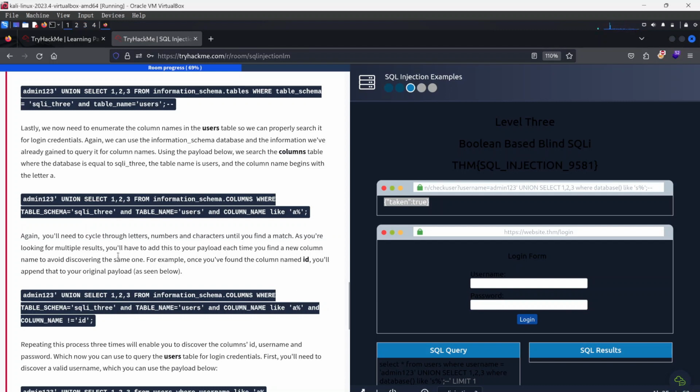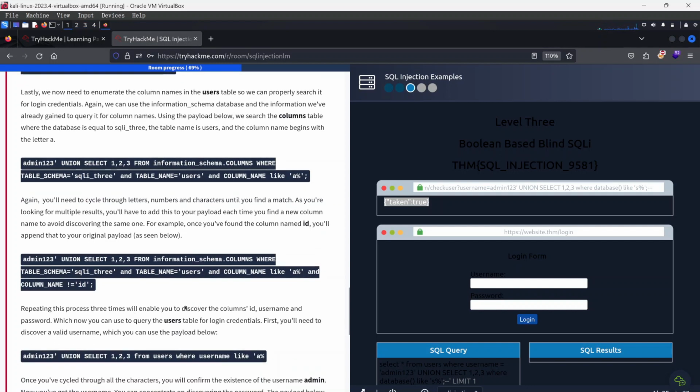As you're looking for multiple results, you will have to add to your payload each time you find a new column name to avoid discovering the same one. For example, once you found the column name ID, you will now append that to your original payload as seen below. We have table name equals users and column like A, because you're now looking for more columns, and column name not equals ID, so that it won't include ID and we're looking for new ones. Now repeating this process 3 times will enable you to discover the column names ID, username, and password,